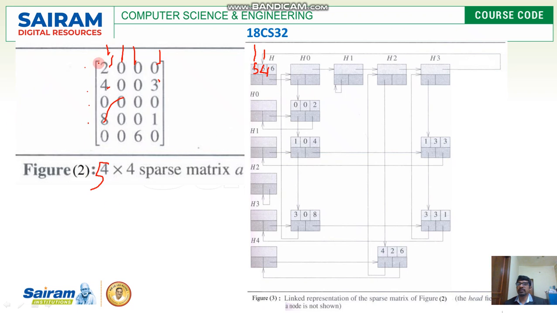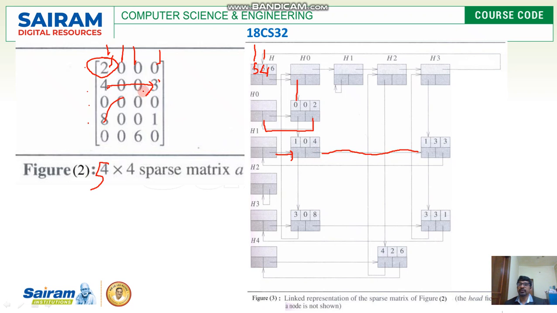Now look at the first non-zero element, which is 2, and the index value for this is 0, 0, 2. So from the H node we have an arrow mark, and from this 2 it will go back to the H node. Take the next one. Next one has an index value: this is first row, 0 column. We have value 4. So we have an arrow mark from H1 to this, and look at this. We have another number in the same row, so from this we are going to take a line to the next one.